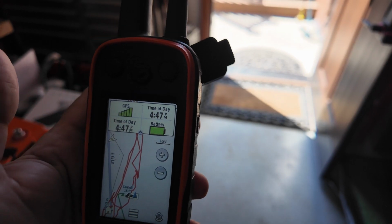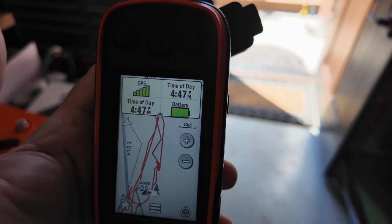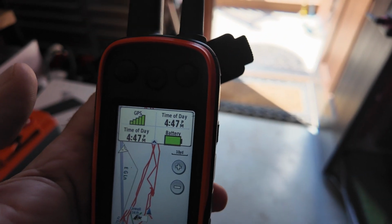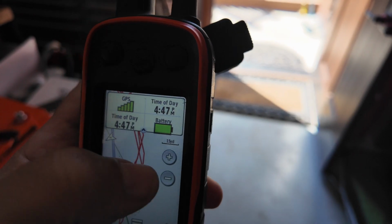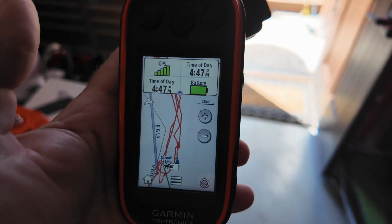And you can track up to 2 dogs on one device. This does hook up to my inReach as well, so my tread, it will sync over to my tread, so I can use it on that as well if I want to let Cannoli walk beside the car. I don't really do that very much. I can zoom in, I can zoom out, but I know where he is. In case he ever does get a burr up his rear and go chase something,